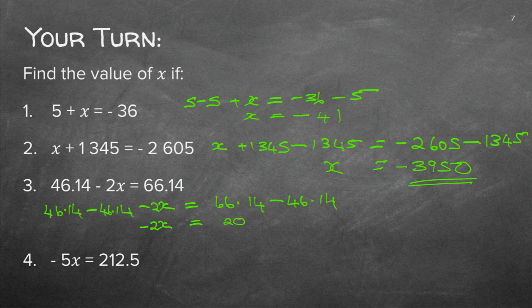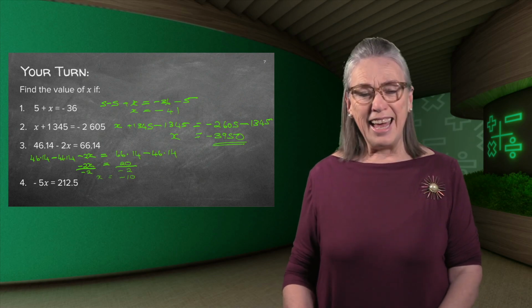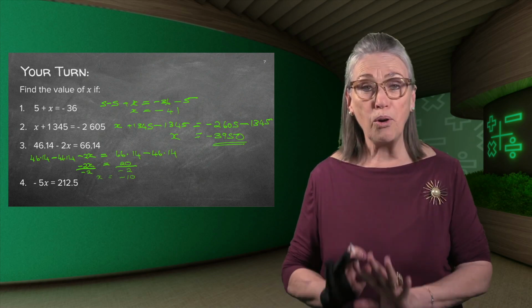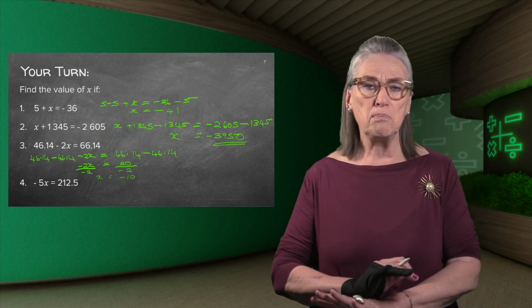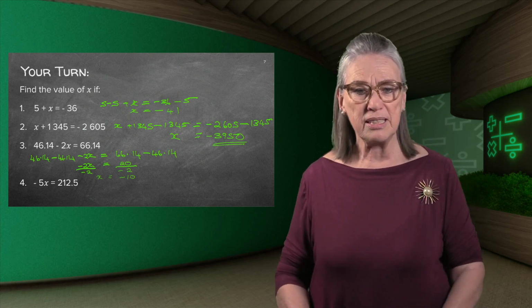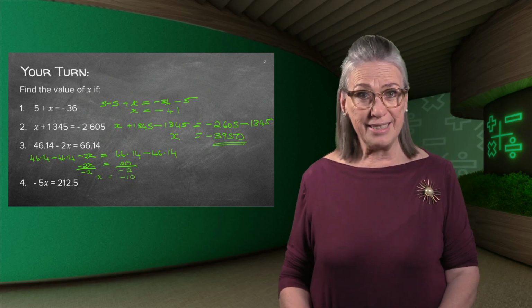Right. So to get the x on its own, we're going to divide it by minus 2. And we're going to divide 20 by minus 2. So our answer for x is minus 10. Who's got this one correct? Well done. And if you didn't, please pause and go over this. It's just minuses and decimal fractions, but the concepts are very easy.